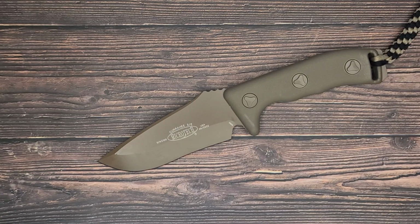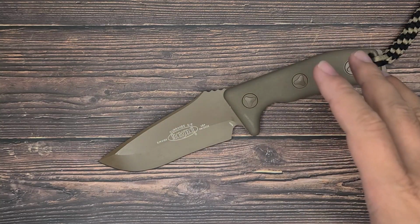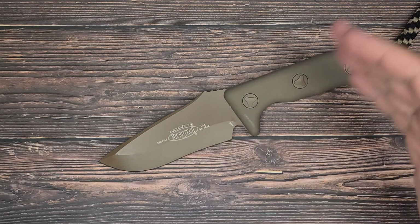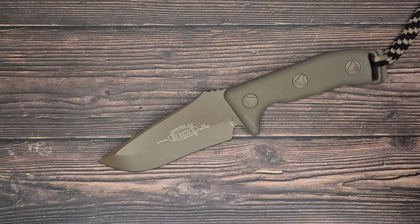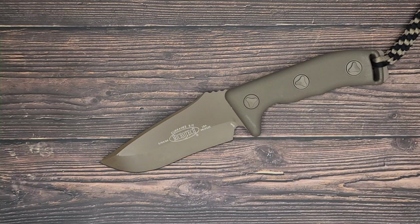My name is Marco, and today we're going to be taking a look at one of the newest offerings from Microtech. And this is a fixed blade. If you know Microtech, you know they're known primarily for their autos, their OTFs. And secondarily, you have the SOCOM Elite, which are folders, but they don't venture very much into the fixed blade